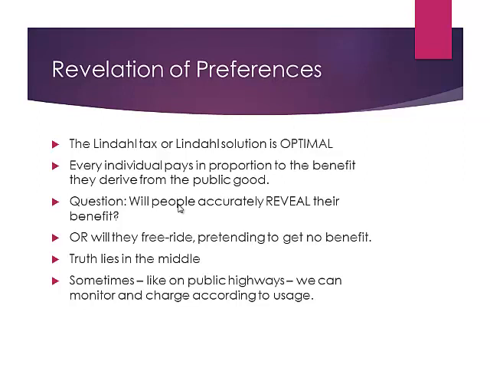But the key problem is, will people reveal their preferences? So if you say, okay, I will try to say that I don't get any benefit from this, so I should not be taxed, even though people derive benefit. This is called free riding. So what will actually happen? Some people have said that people will reveal preferences, and economists say that nobody will reveal preferences. The truth is somewhere in the middle.